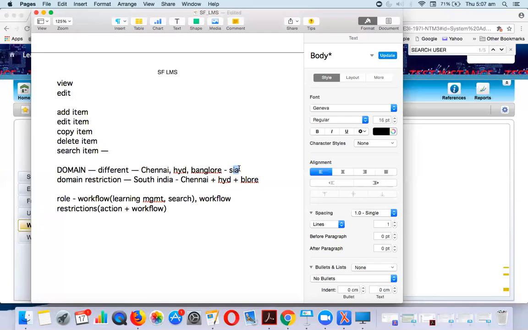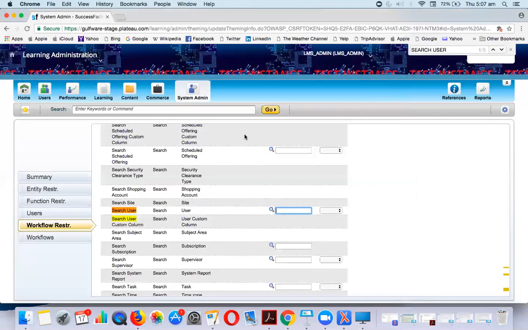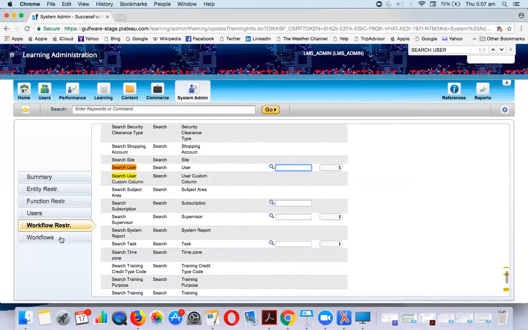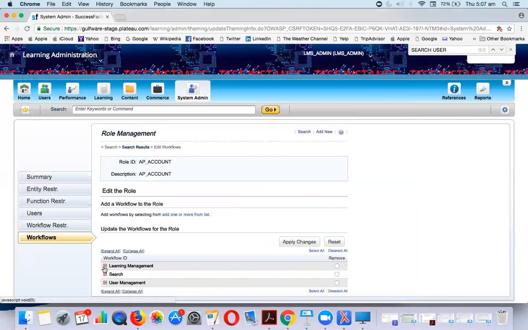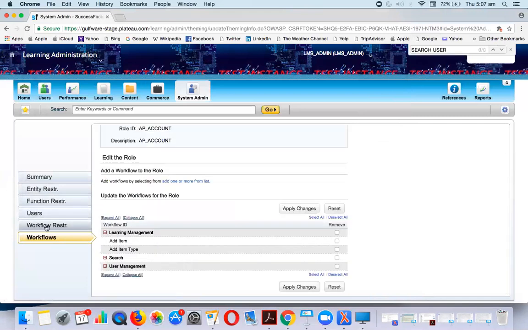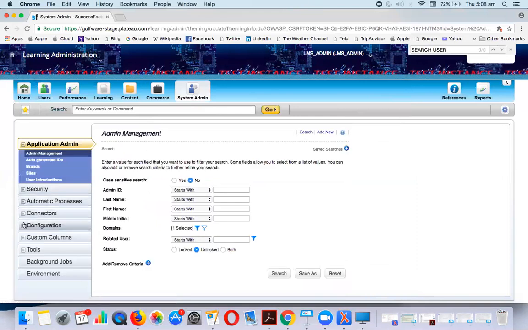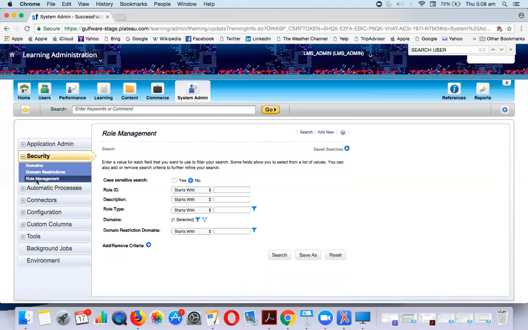There is no domain restriction on catalogs, right? Is there any domain restriction on catalog? I think that should be there on catalogs as well. If I go and restrict the catalog, I won't restrict the catalog at all. Then if the user is in the public domain, he will access everything, right? From different countries, or